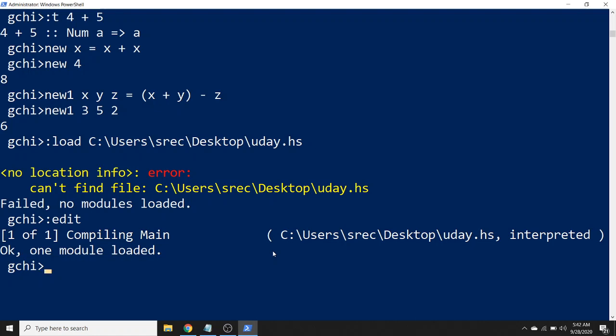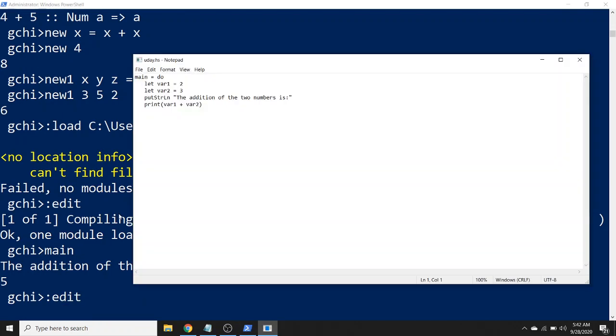Now you can see the output here, the addition of the two numbers, right? That is, you can see the code here.